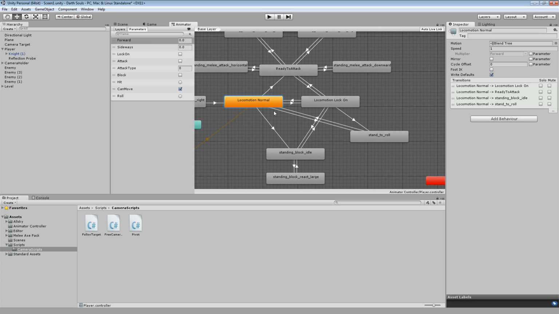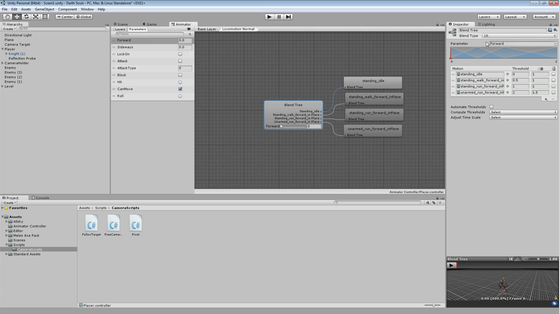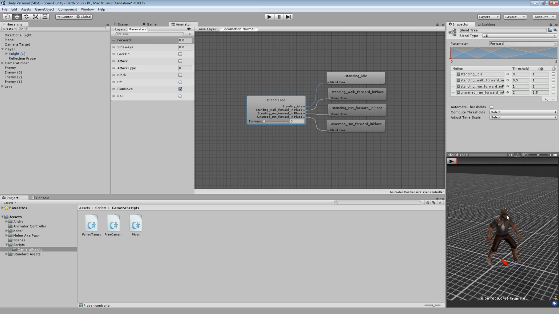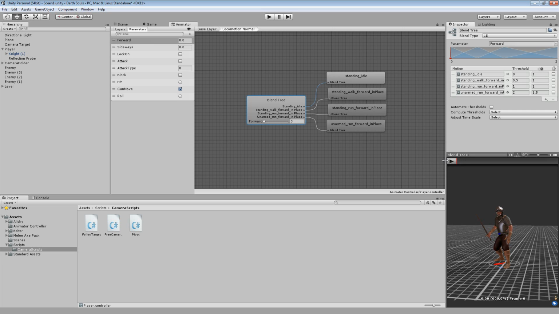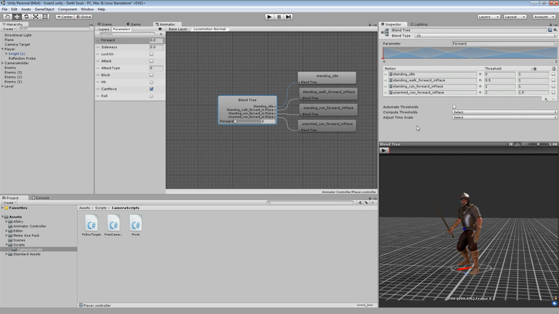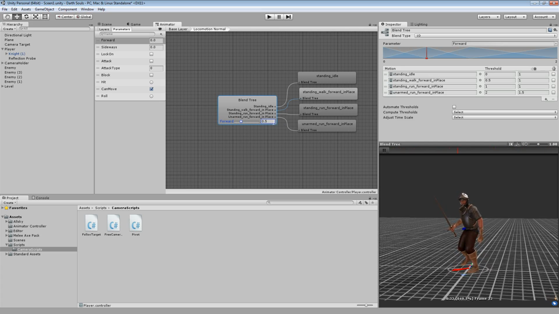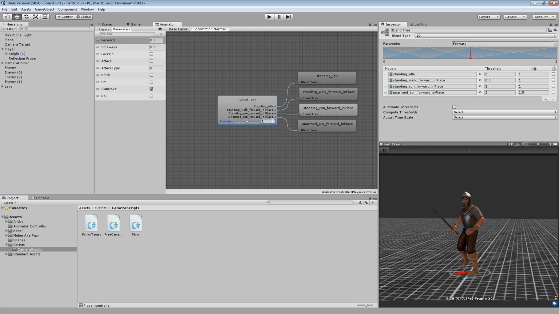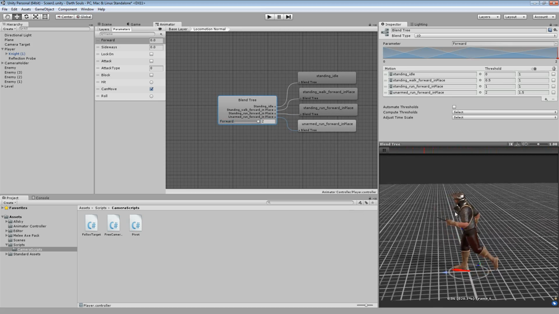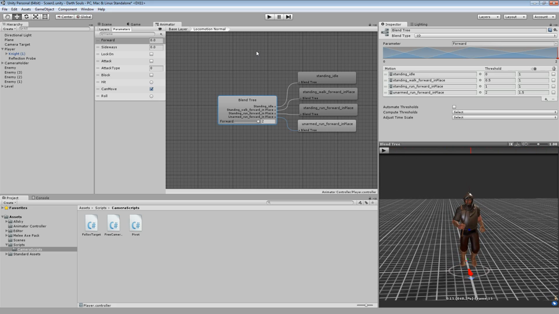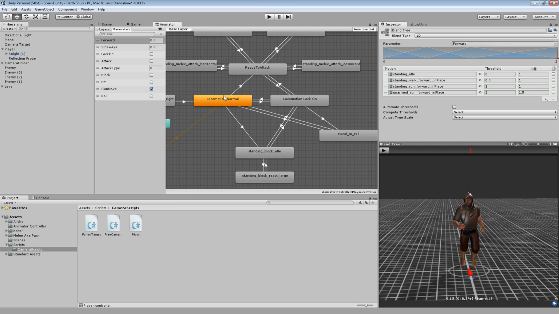So our locomotion normal is one directional blend tree, and you will see over here, let's drop our knight over here so that looks better. If you see, when I hit play, of course idle when forward is at 0 is at the idle, when it's 0.5 starts walking, when it's at 1 starts running, and at 2 he starts running even faster, and of course his sword gets inside his head, so that's probably going to hurt a little bit. So this is our default state,